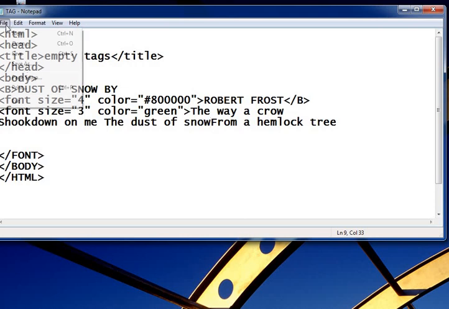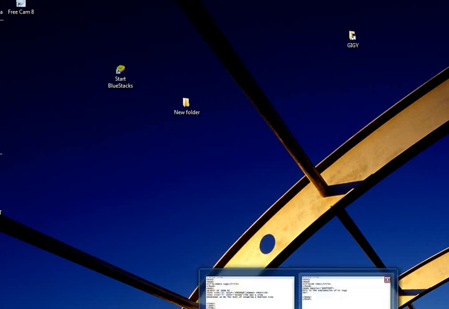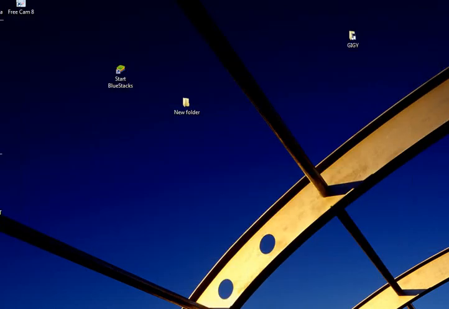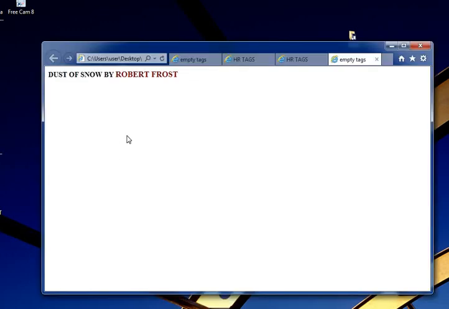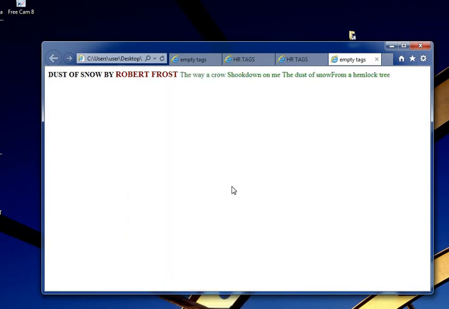Okay, then I save it. We can look at the output. Take the empty tags, then we just click the refresh button. Then after this font tag, the poem comes in a single line.